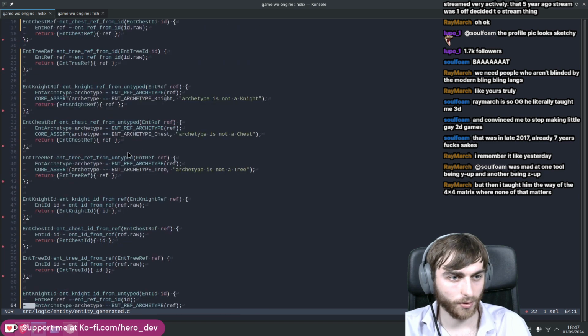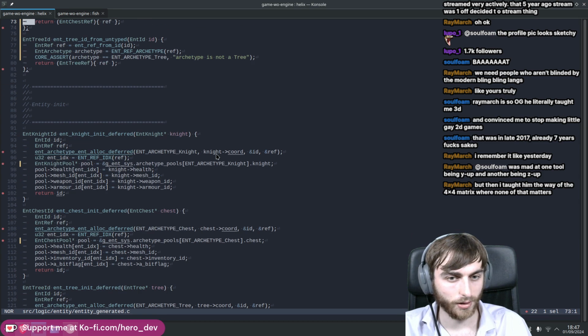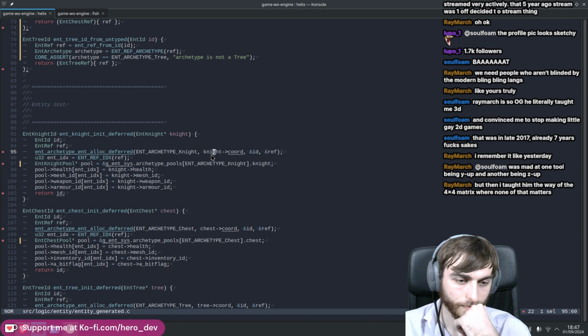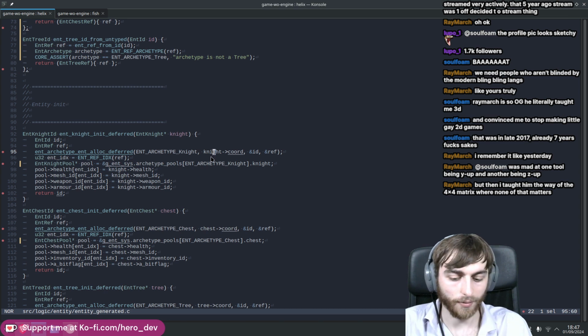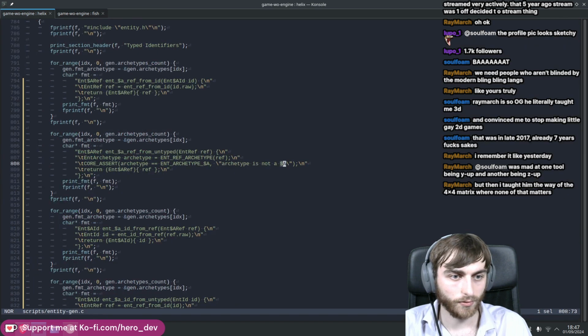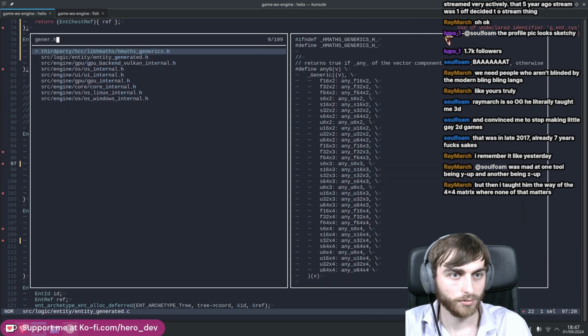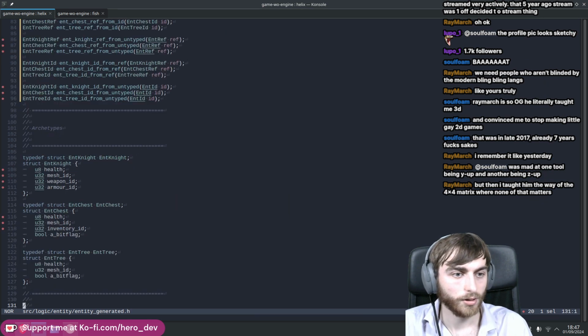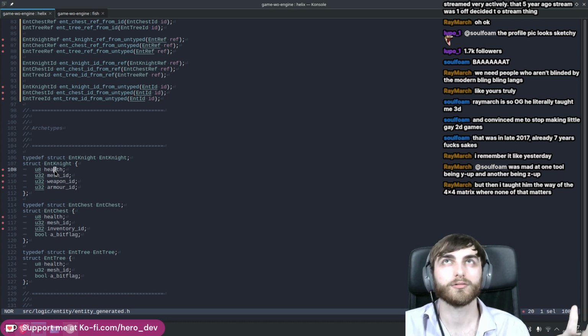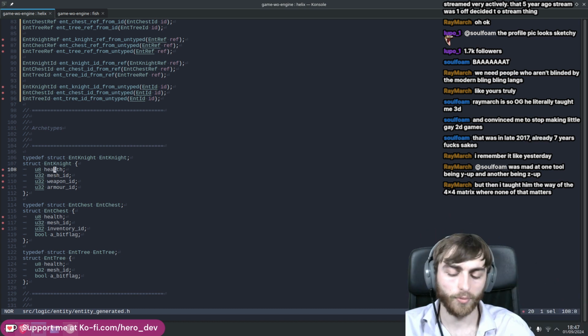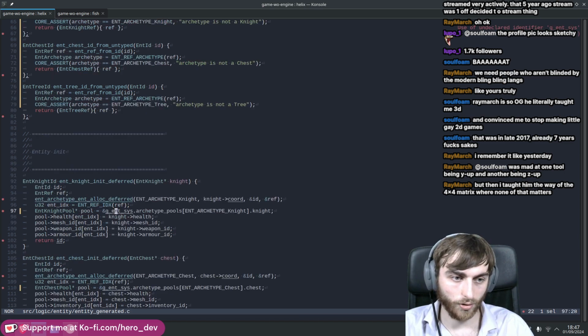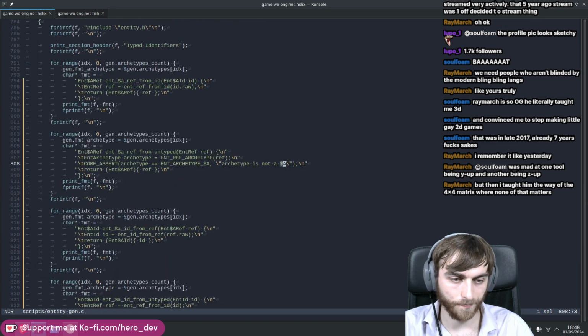Hang on a minute. We've gone and missed out. We've got to put the coordinate back in the archetype. So in the generate header file, what we know is that there's no coordinate in the archetypes anymore because it's a built-in property for everything. But we've removed it from the code generator side. The layout file is now built as an implicit thing on all of them. So when I make these archetype structs,